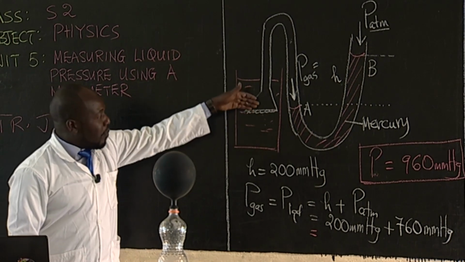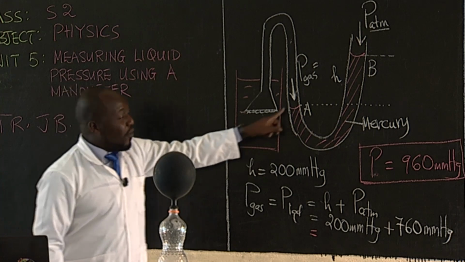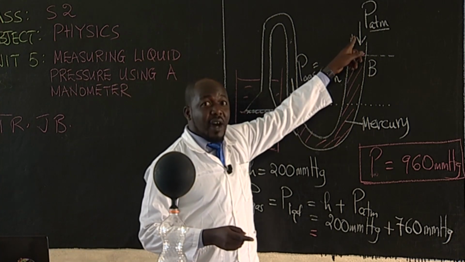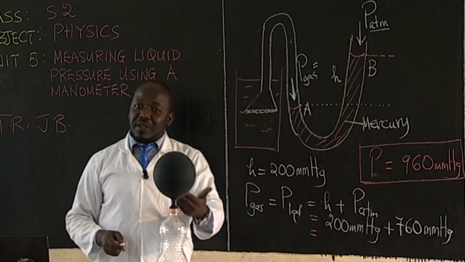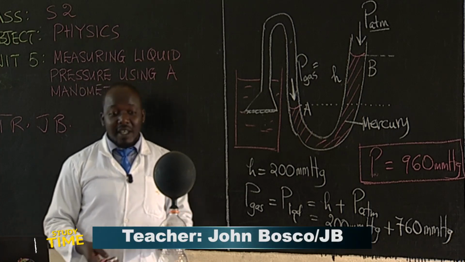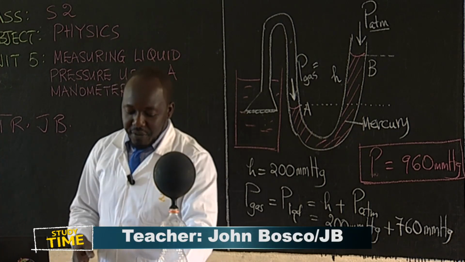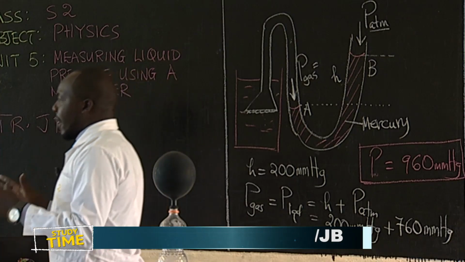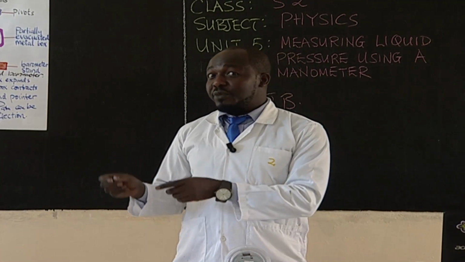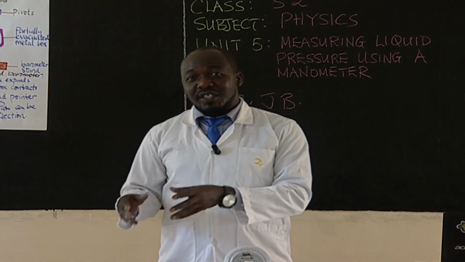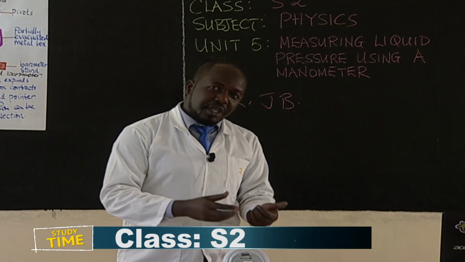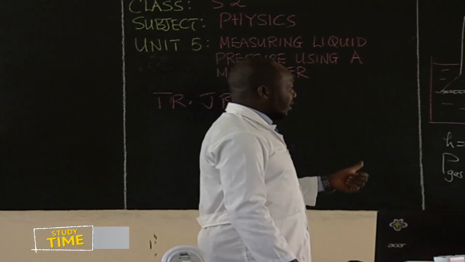point. So if we push the thistle funnel down, what do we expect? This level of mercury will go down and the other one will go up, meaning that the pressure will be increasing with depth. And that is a principle that we had looked at before. In a liquid, pressure increases with depth. So I want to assume that that summarizes the first objective that we had. We wanted to see how to describe measurement of hydrostatic pressure using a manometer, and that is what we have